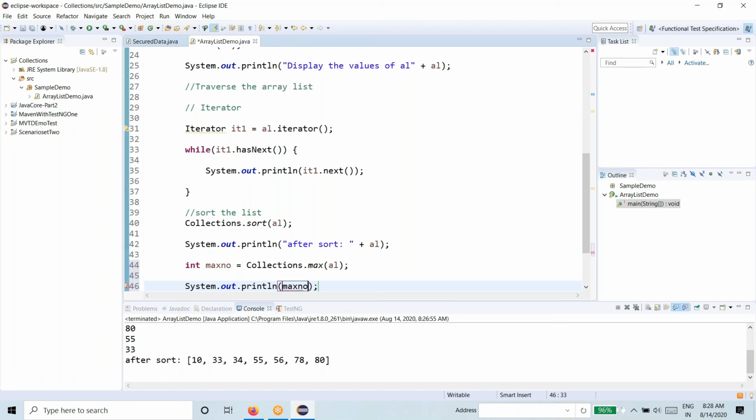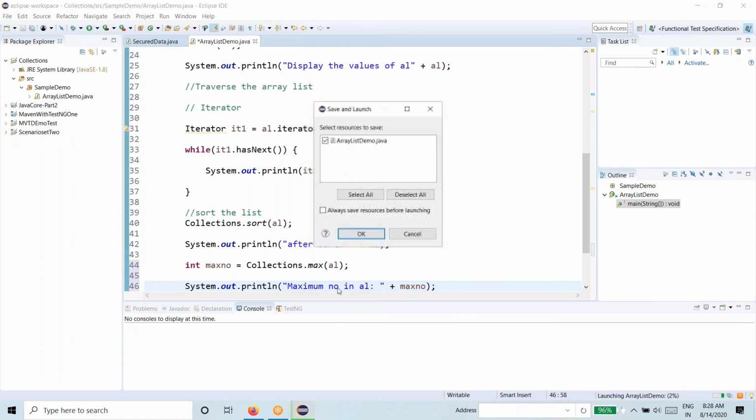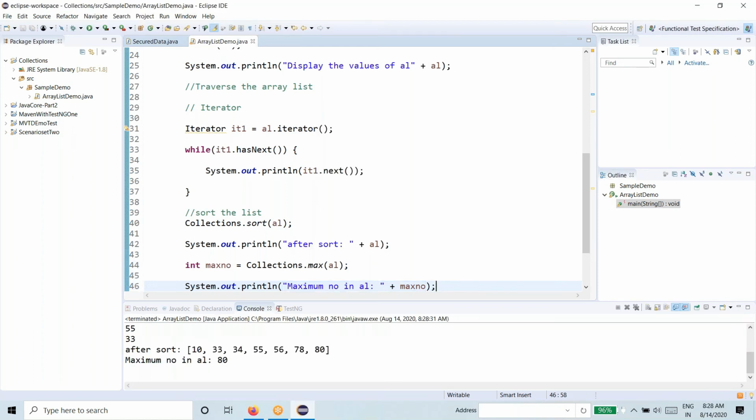So max NO. Yes, so now let me say this is maximum number in the list in AL. Yes, so let me just execute it. Yes, so it is fetching the maximum element.